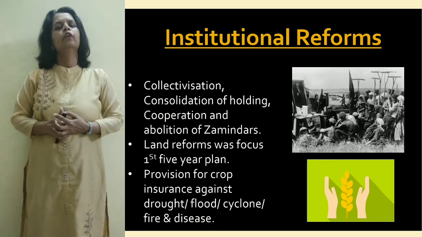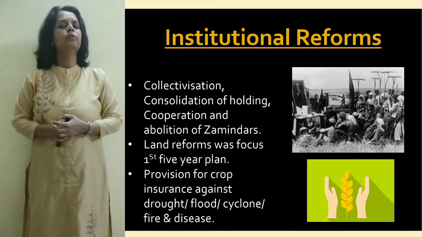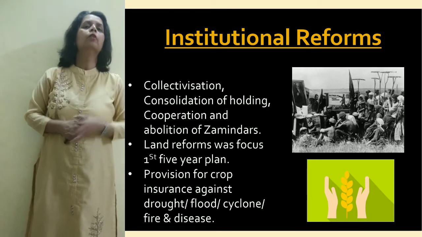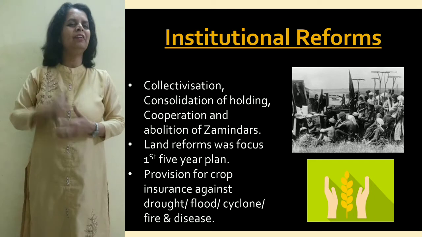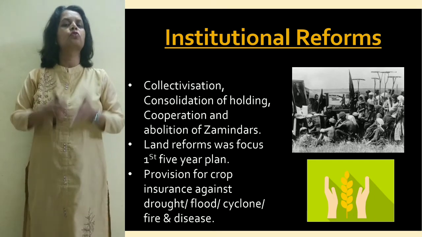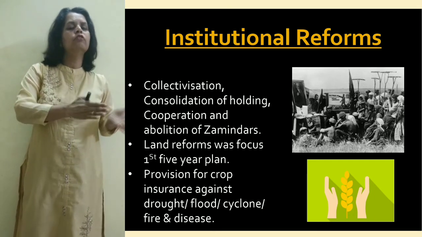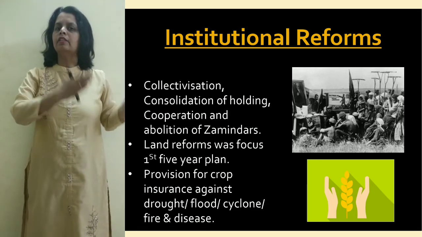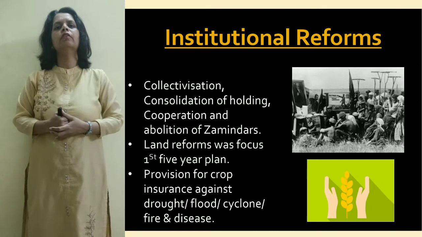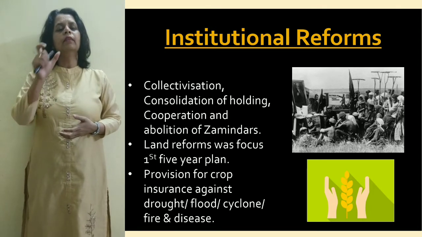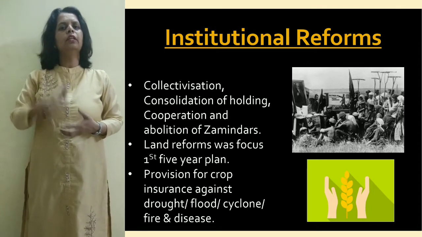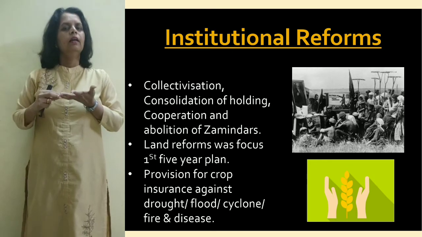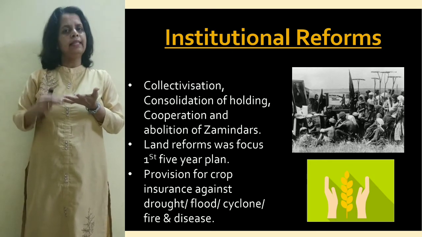Not only this, you will see it had also started with the Gramdan movement, right? Bhudan Gramdan movement, popularly called to be as your bloodless revolution, so as to ensure land to the landless farmer. So this was point number one, that is consolidation of holding and abolition of zamindari system. Point number one, wherein you will underline these two key points. Let us now move on to the second one.